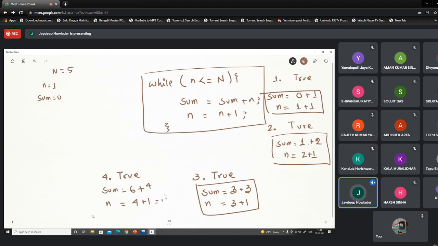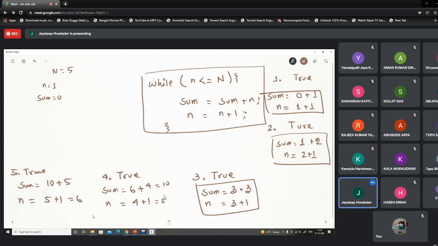So now n becomes 5, sum becomes 10, and again the condition is true because small n is less than or equal to 5. So sum will take 10 plus 5, and n will take 5 plus 1, that is 6.